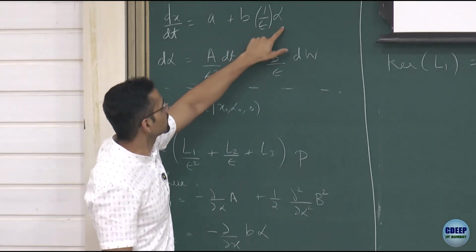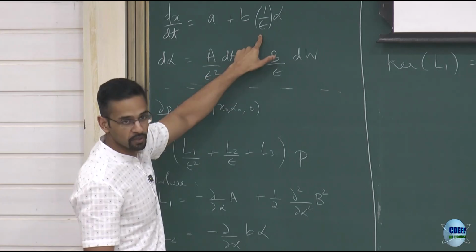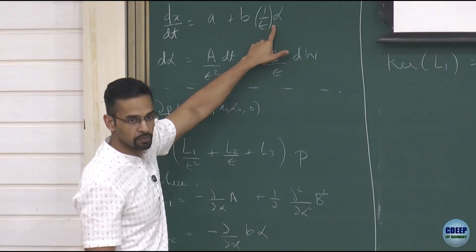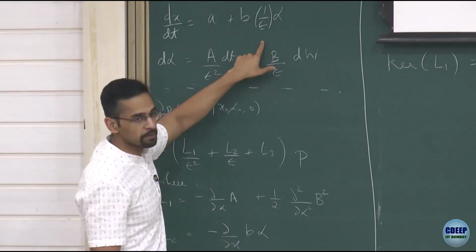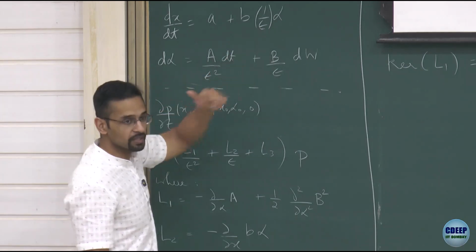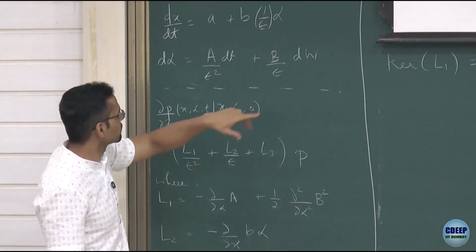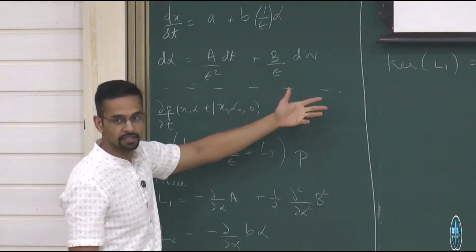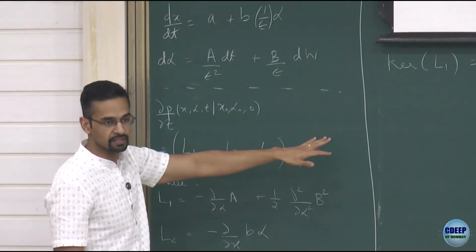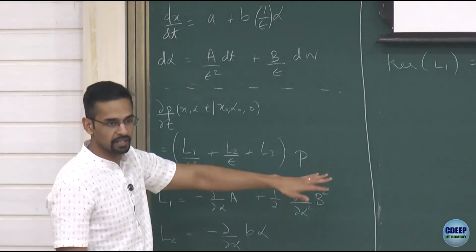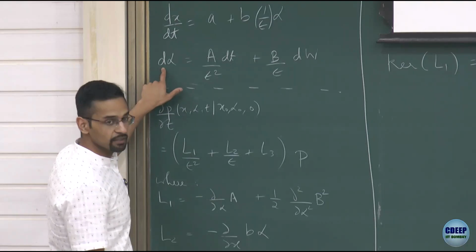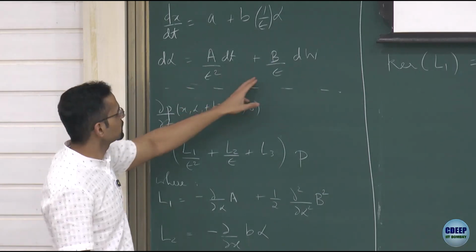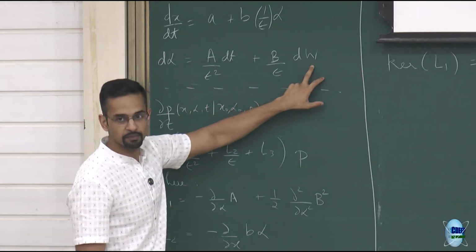The forcing has been put here as alpha by epsilon, where alpha was some continuous stochastic Markov process, but correlated. This 1 by epsilon is important because epsilon square holds the ratio of time scales, and we'll see that in a second. So we now need an equation for alpha, and because it's a continuous Markov process, we can always write some Fokker-Planck for it, for which we can again write an SDE. So this is the SDE for alpha.